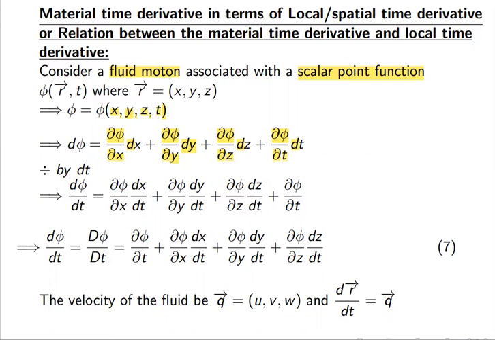We'll divide by dt. So everywhere dt has come, and here dt will get cancelled. So there is no dt here. So what is d phi by dt? d phi by dt is nothing but capital D phi by dt,